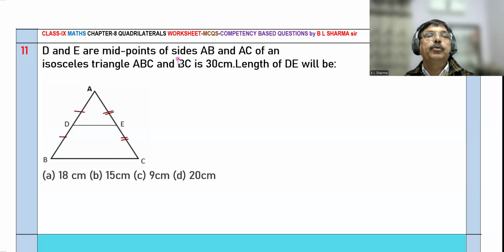D and E are midpoints of sides AB and AC of an isosceles triangle ABC in which BC is 30 centimeter. This is 30 centimeter. Length of DE will be, D is midpoint of AB and E is midpoint of AC. So,